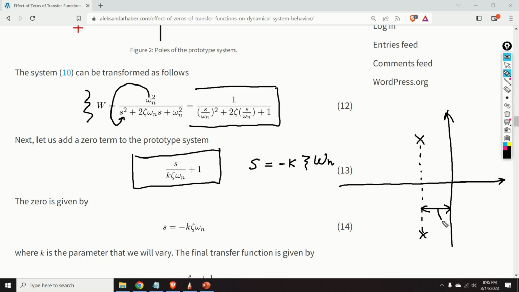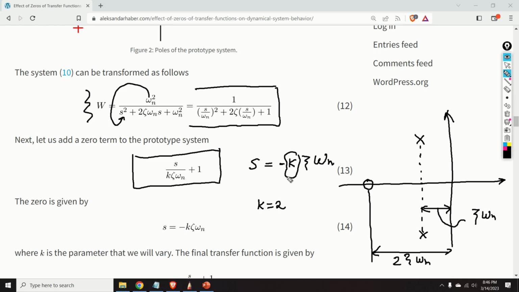This distance over here, measured in absolute value, is zeta omega n. And if, for example, k is equal to 2, we place a zero over here, since this distance is 2 times zeta omega n. That is, by varying this parameter k, we can investigate how zeros influence the dynamical response